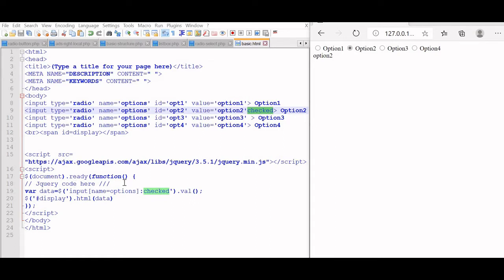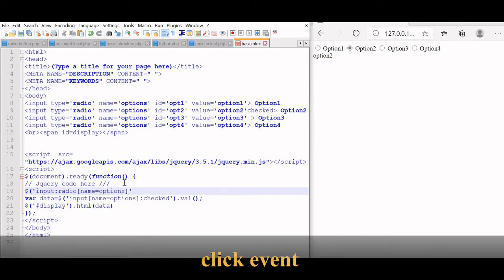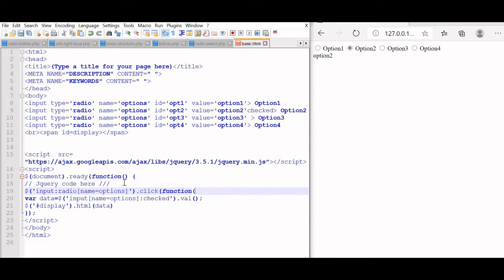We'll try to connect this now to the click event. So on click of any radio button, the value will be displayed. For this we'll start using input, type is radio, name is equal to options, close the bracket, then dot click function. We'll close it first.